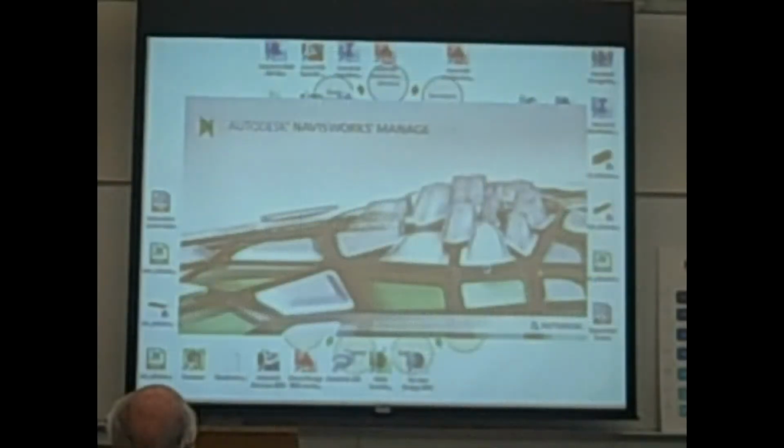So again, at the end of a project, typically you hand a lot of product spec and operations manuals over at the end of the project. Then the facilities people have to sort through that stuff and decide how they're going to store it and what's going to be valuable to them. So again, here's Navisworks. We can create a digital equivalent of that turnover process by creating